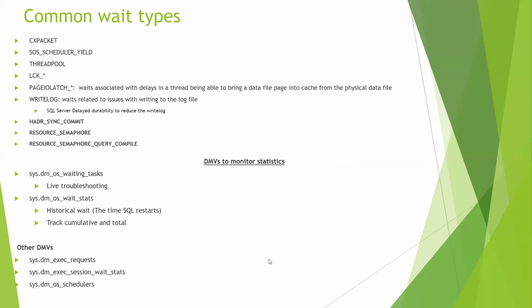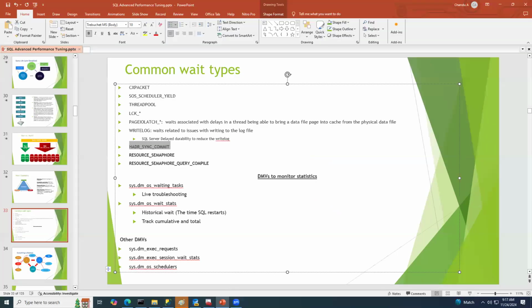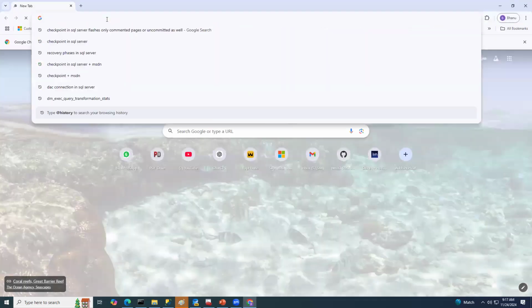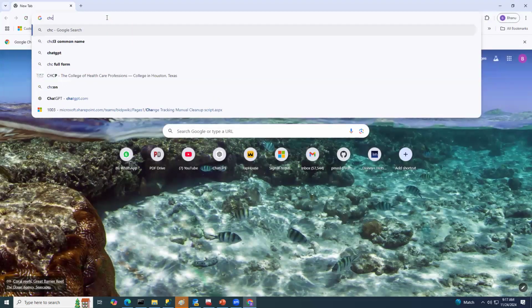And one thing you are asking about the resource that you are talking about, right? So checkpoint or something. Checkpoint plus